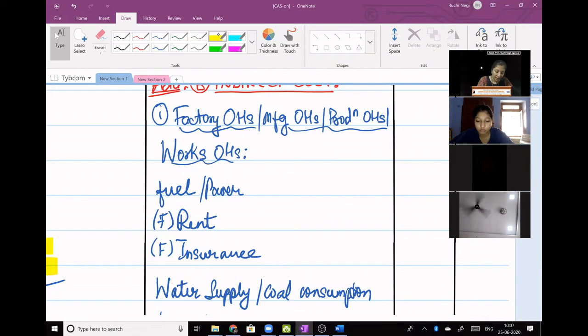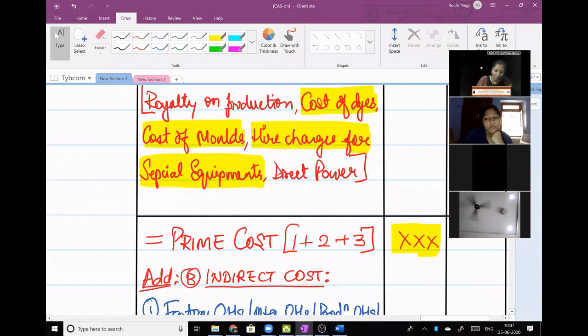Now under this, let me highlight power. If in the exam they give you power, we will treat it as indirect cost under factory. But if in the exam they give you the words direct power, what is the first word? They have used the word direct. That means you have to treat it as direct cost. Power is not a raw material, power is not labor, so it has to be categorized in the third category as per CAS 1, that is direct expenses. Am I clear? So add one more item in direct expenses, that is direct power.